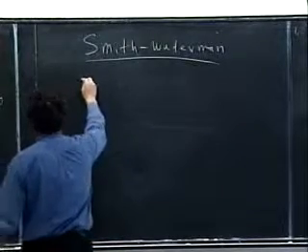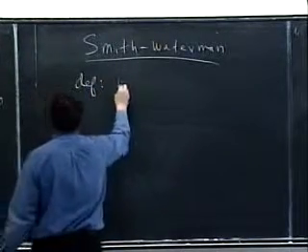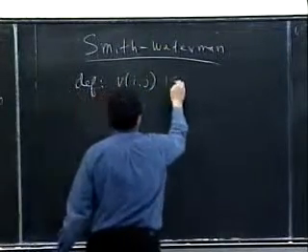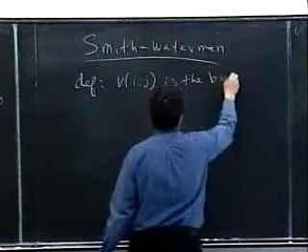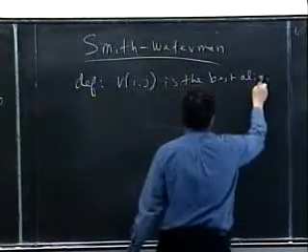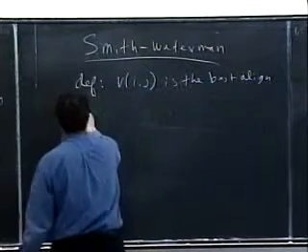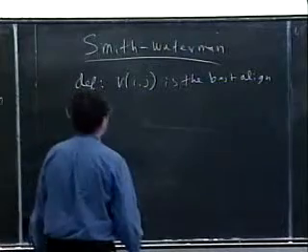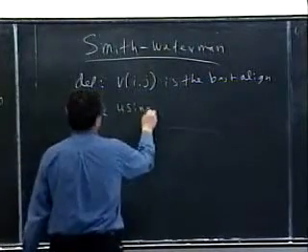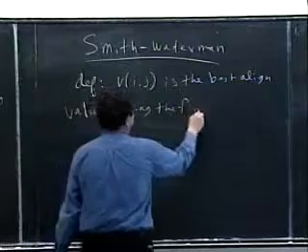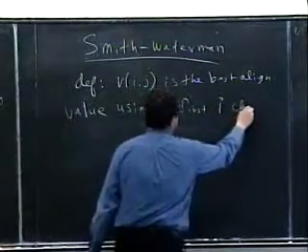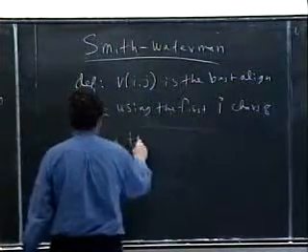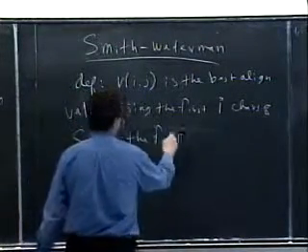All right, so our definition again is that Vij is the best alignment value using the first I characters of S1 and the first J characters